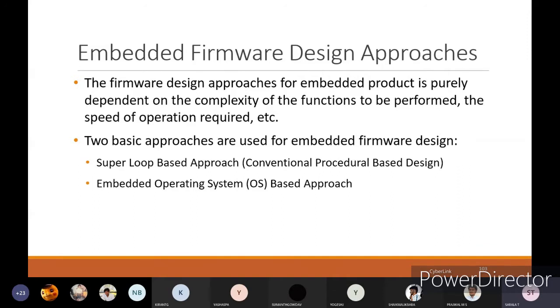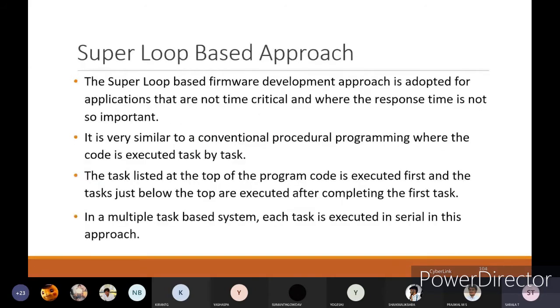Here there is no need for an operating system. The superloop based firmware development approach is adopted for applications that are not time critical and where the response time is not so important.